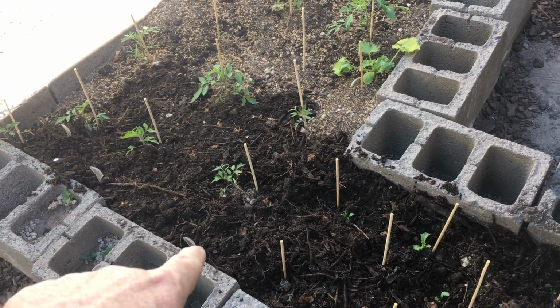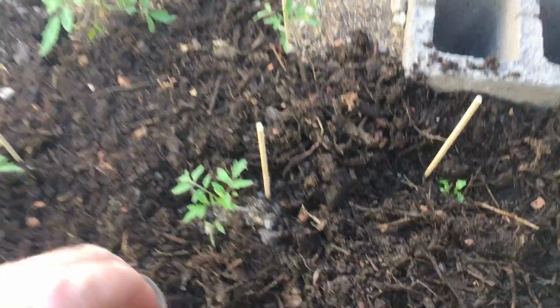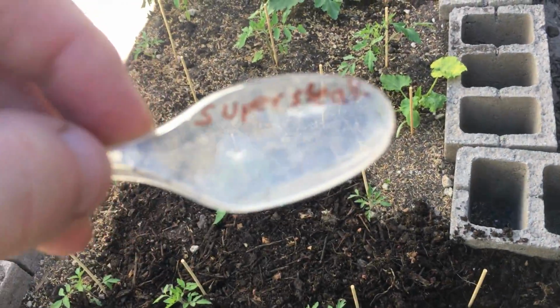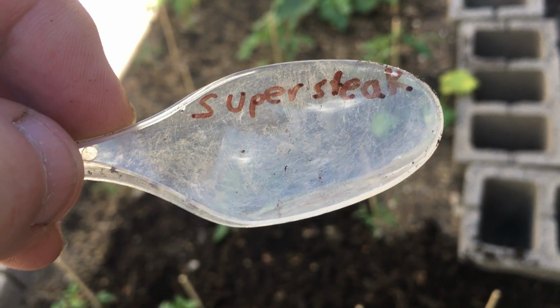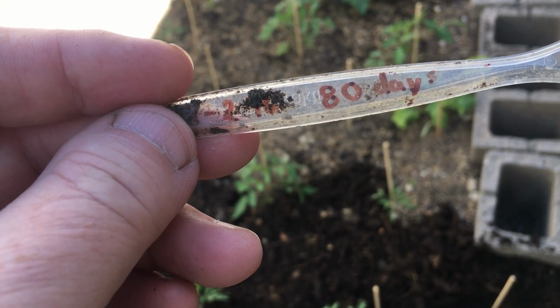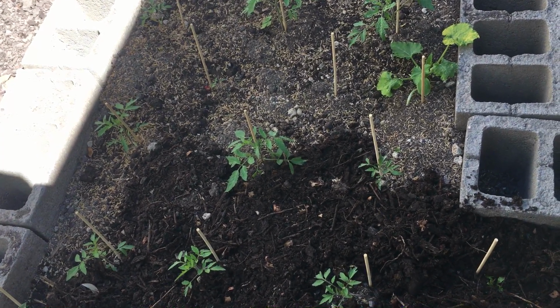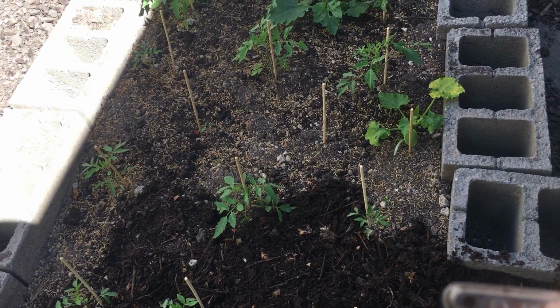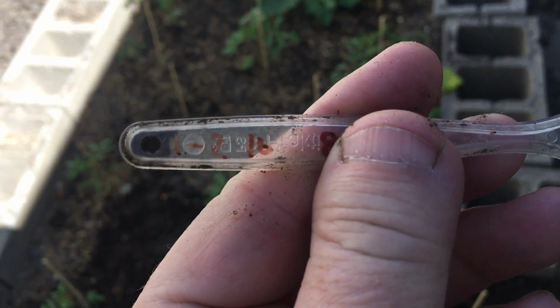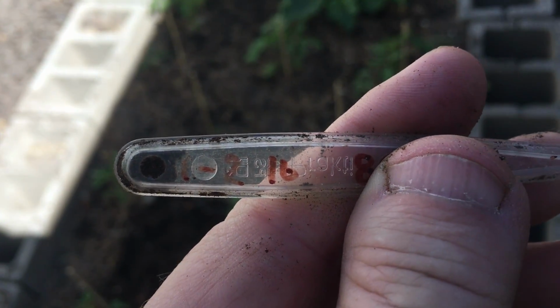I've got these little spoons here. I'll show you how we mark that. Okay, that's called a super stake. We didn't have any nice fancy markers, so we just used some plastic spoons. It's supposed to be ready in 80 days, and they were planted originally on